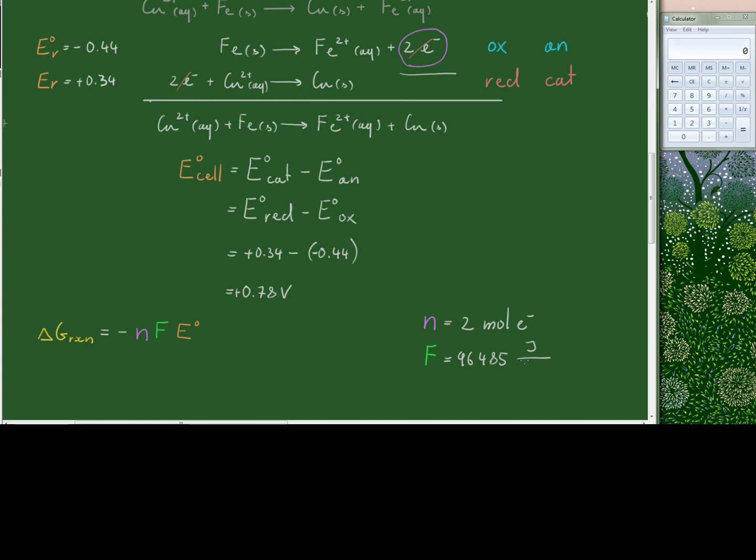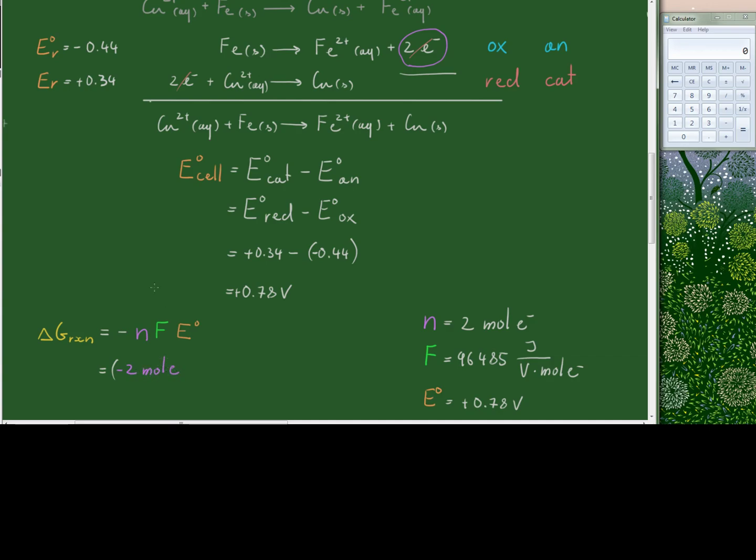That's not how you write M. And my cell potential, I have just calculated, is positive 0.78 volts. I can use those values here, so I will have, let's use the appropriate color, negative 2 moles